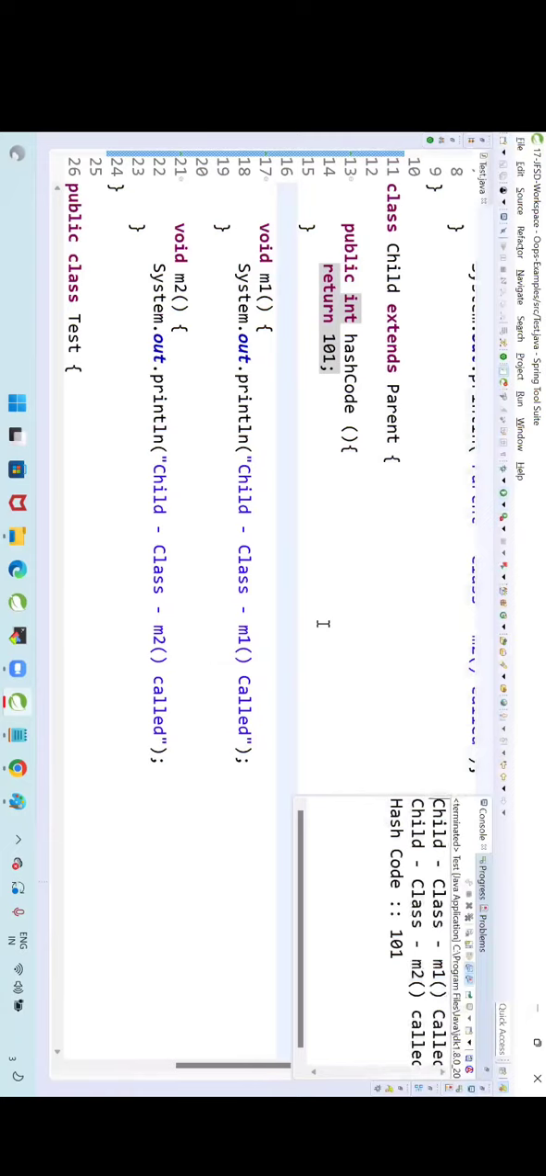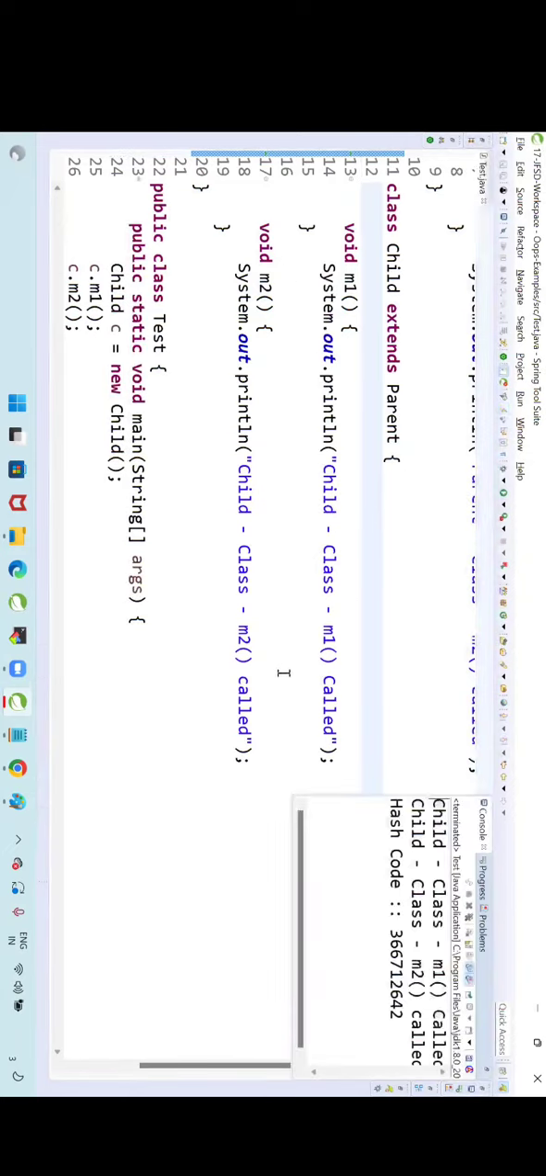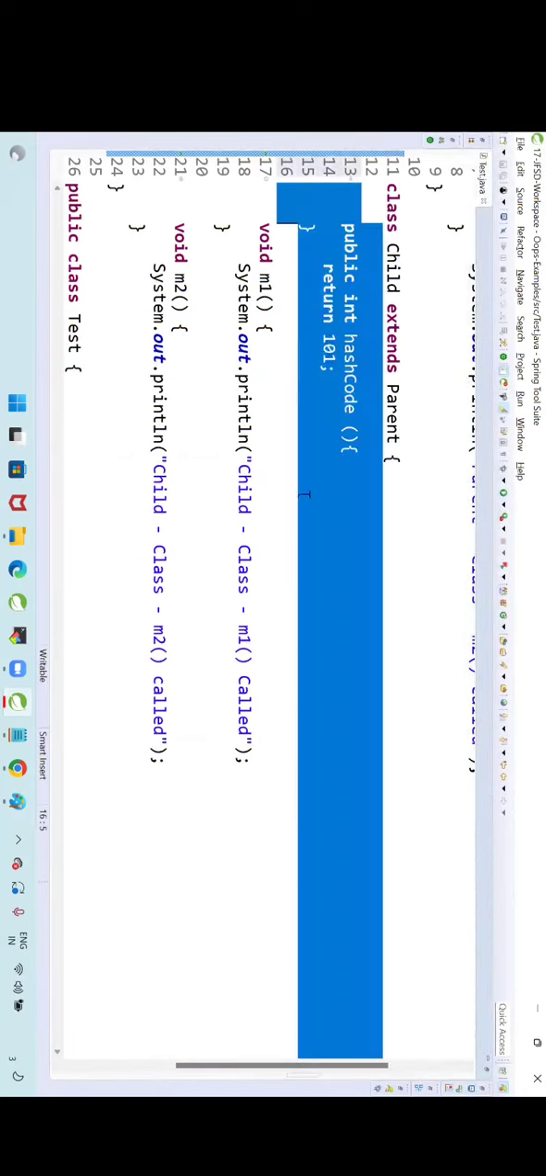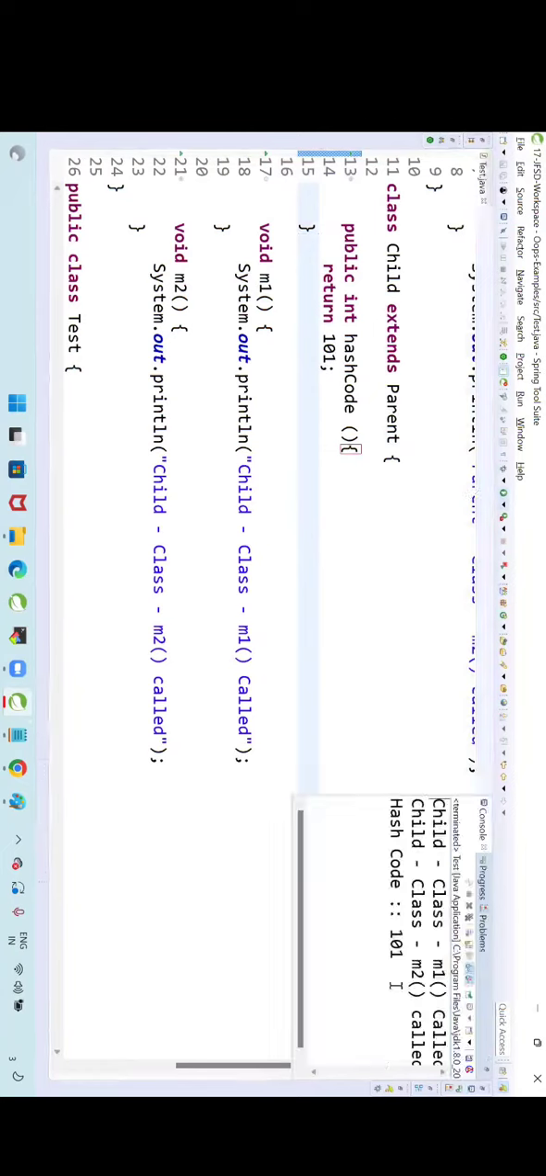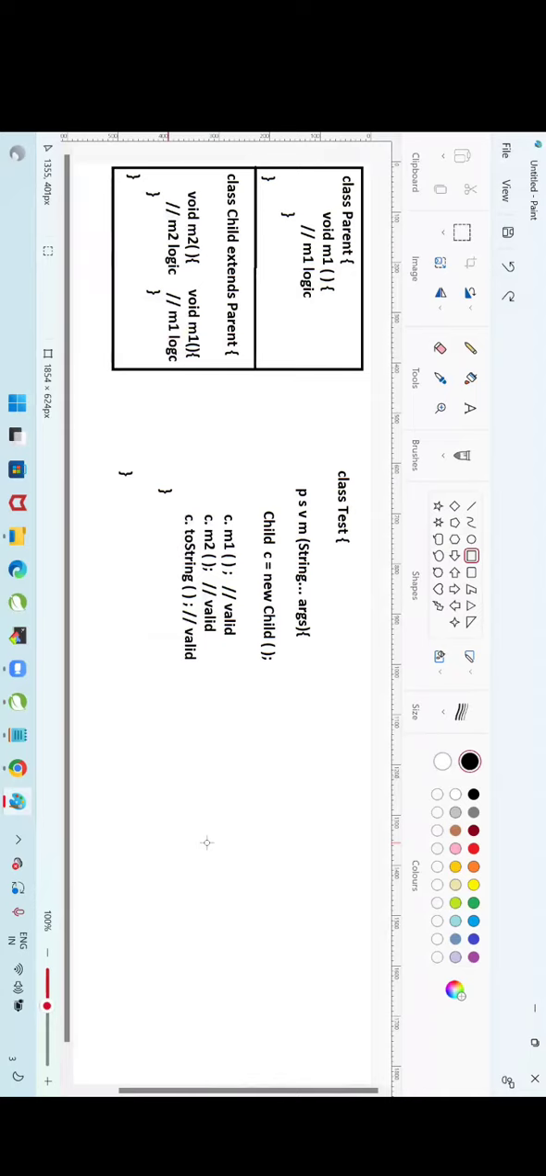Run this program. Yes, 101 is the output. If I don't write this method here, then it will call the Object class method. The Object class method is returning this number. My method is returning 101. Are you clear? Good. So with this, you got the clarity on how methods will be executed when we go for